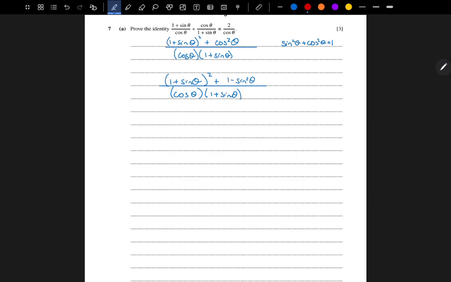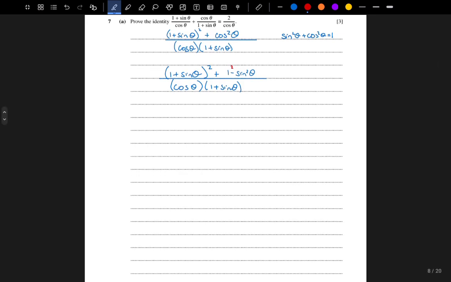Now if we look at this, we can say that 1 square minus sine square can also be a quadratic identity. So solving this further will give us